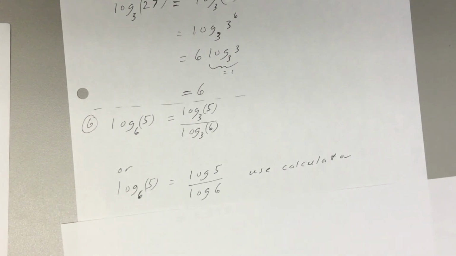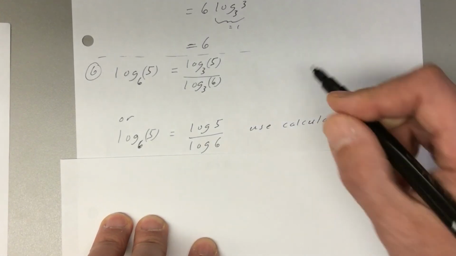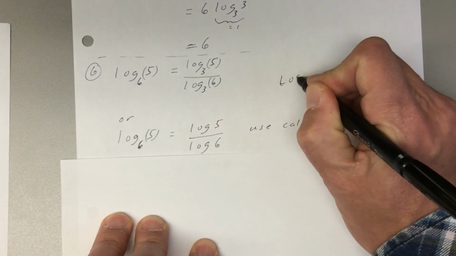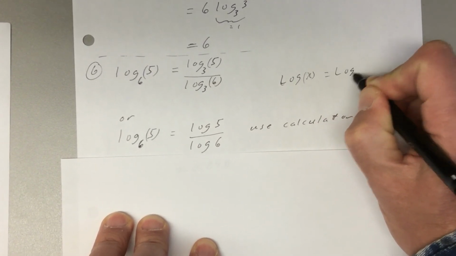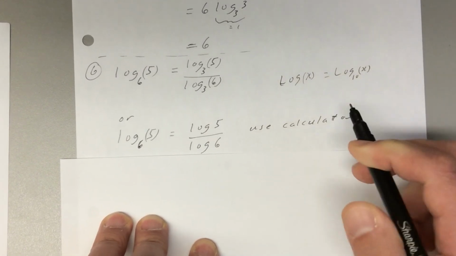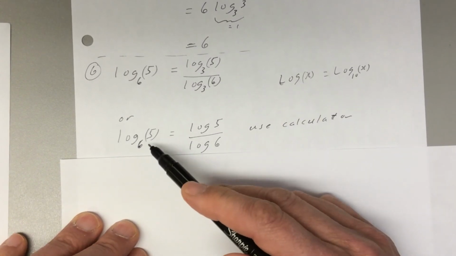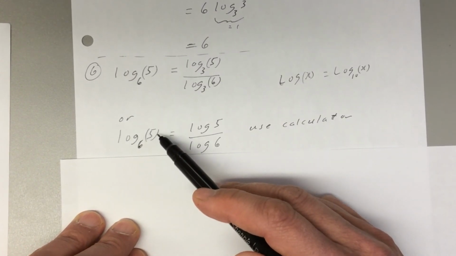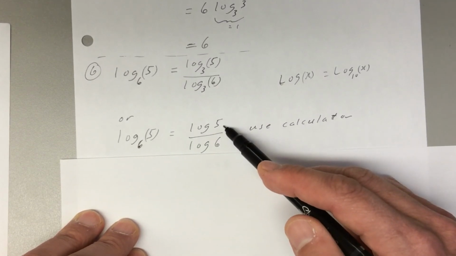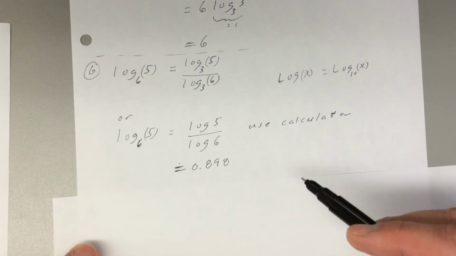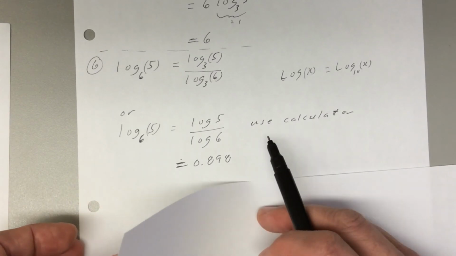Okay, one way to check it is do something like this. So you could change it to base 10. So if you see log of x, that's the same as log base 10 of x. And that's what the main button is on your calculator. Okay, so here if you want to find out log base 6 of 5, well, we don't have a calculator button for that, or most of us don't. So you can just do log 5 over log 6 on your calculator. And then when you do that, you're going to get approximately 0.898. Okay,